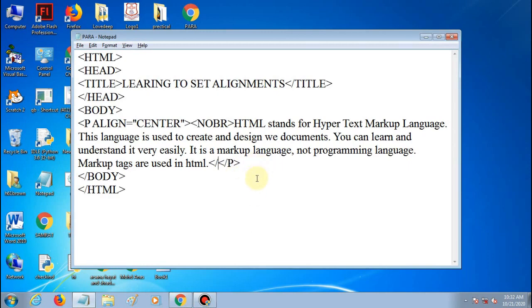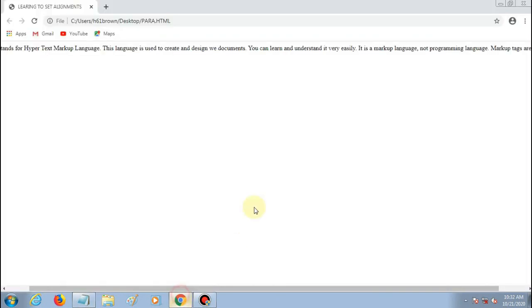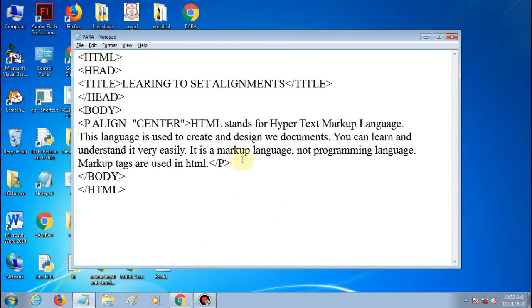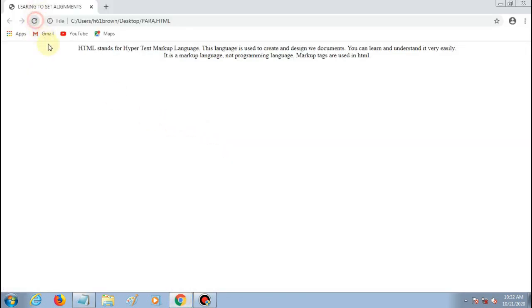and if you want to break a line, then remove this. Suppose I want to break a line from here, so before it I will write BR tag, then save it and reload a file.